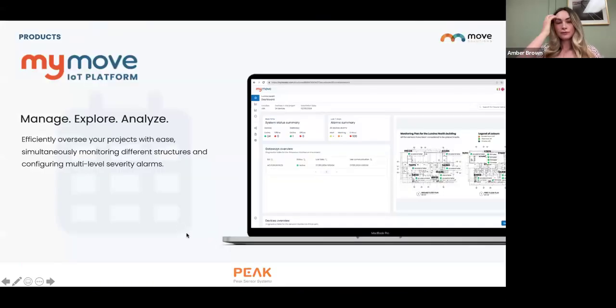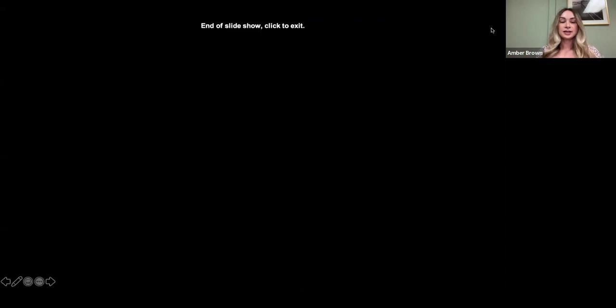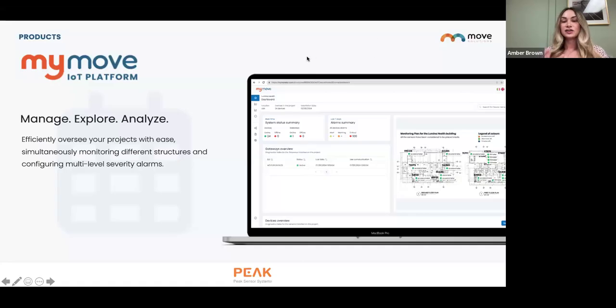And so looking at the platform, they want to do all of these things, but I think it's important to point out how they are doing these things as an asset owner. So this is showing the MyMove platform, and what you can do with this is manage, explore, and analyze your structure. What happens is you typically get these sensors installed and then they show up on your platform,